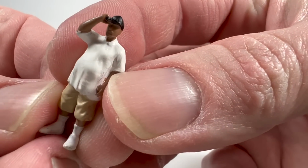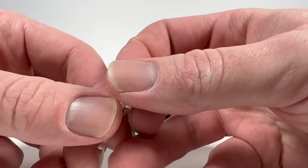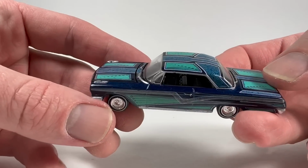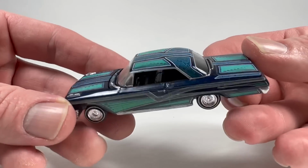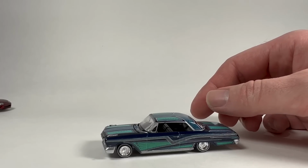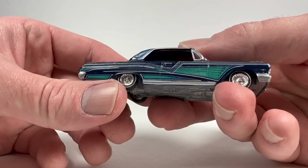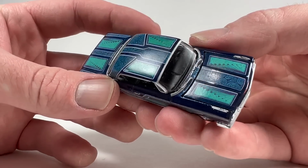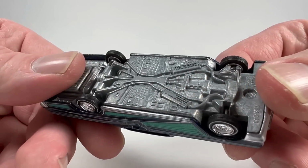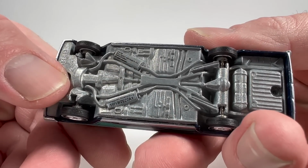Yeah, I mean, that's pretty cool. This thing's got some decent detail for how tiny it is. And I like that little guy. And then we got the lowrider itself. Very cool lowrider paint scheme. That is the highlight of the lowrider stuff for me, the designs on the paint, looking very elaborate. This Impala casting is a favorite for the lowrider stuff. And this one,